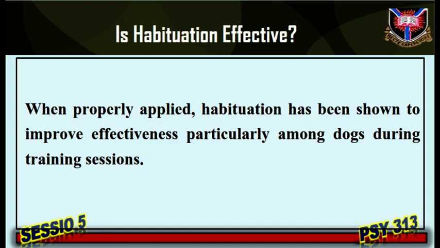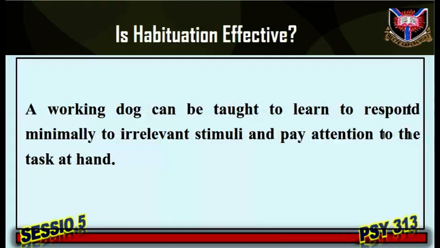Detector dogs, for instance, are expected to carry out their duties in environments that feature very distracting and sometimes intense stimuli, such as loud explosions. Through habituation, a working dog can be taught to respond minimally to irrelevant stimuli and pay attention to